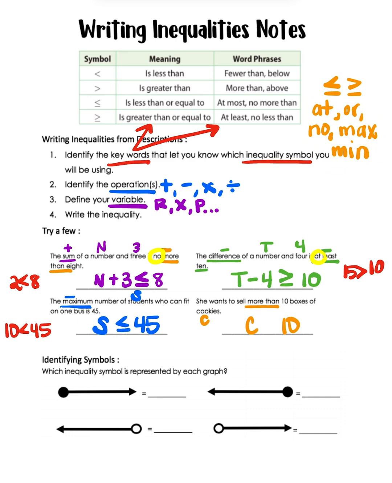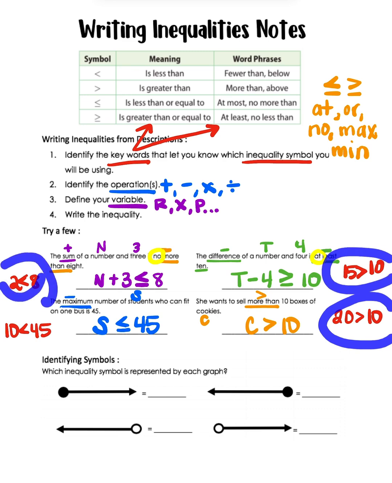So I need to think of a number that would satisfy more than 10. Okay, so what's a number that would satisfy more than 10? I'll put 10 on the right. And then my example is always going to go on the left. So what's a number more than 10? Let's use 20. Okay. All right, who's going to get eaten? The 20 is larger. So I'm going to face the 20 with my inequality symbol. So more than is going to be like this. All right. So again, when in doubt, the biggest thing is using that example off to the side that fits